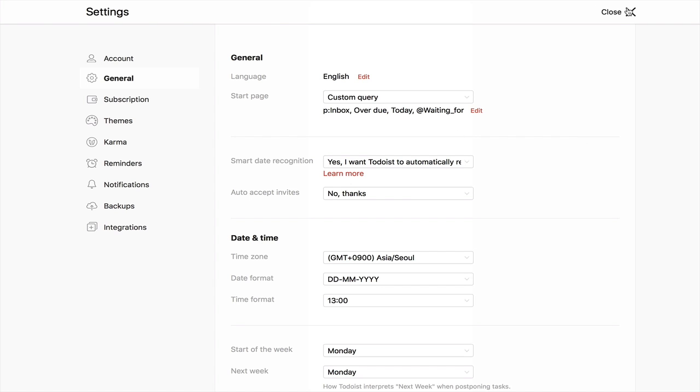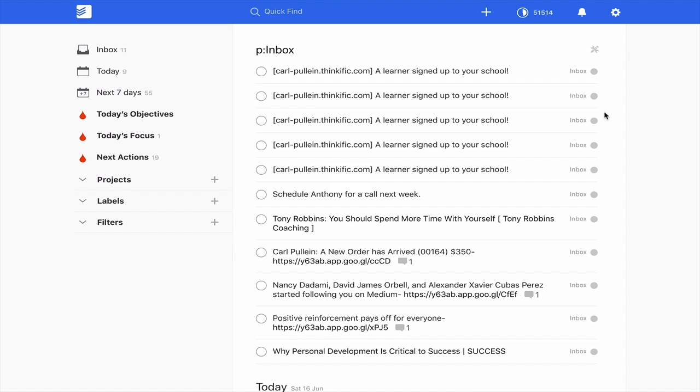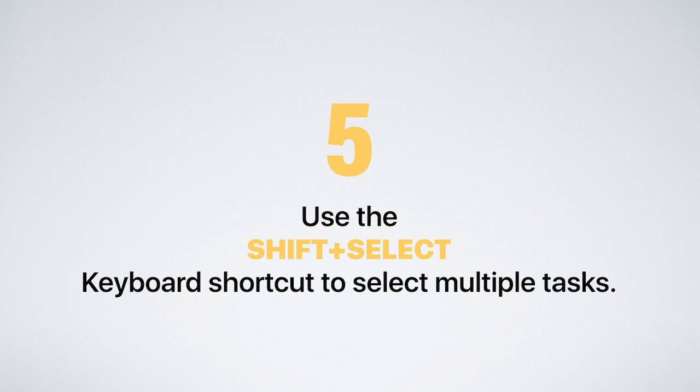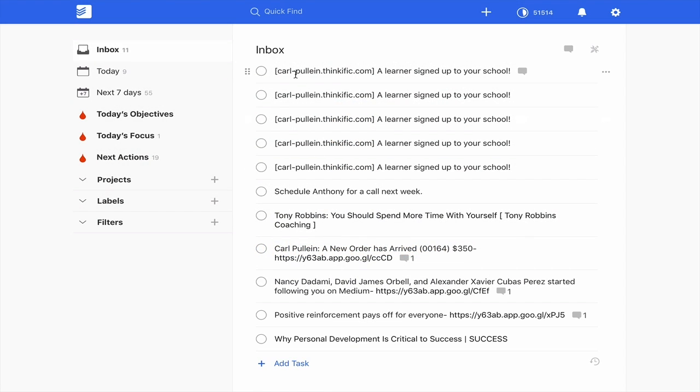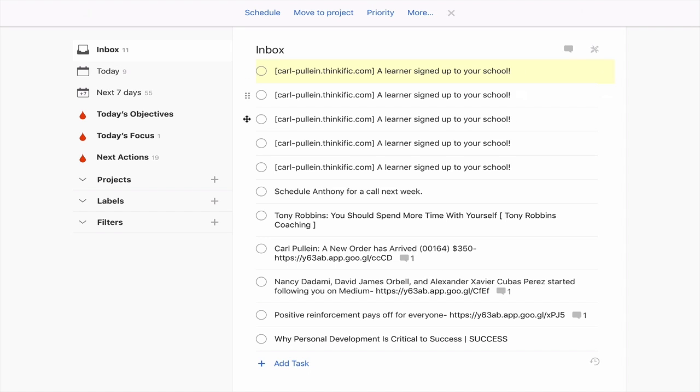Right, next up is number 5, which is, I guess, the last one: start using the shift and select. Now, what I mean by shift and select is I'm going to go into my inbox here. When you move your mouse at the side of it here, you can see these 6 dots. If you hit the shift and select and then go down to the bottom there, you can